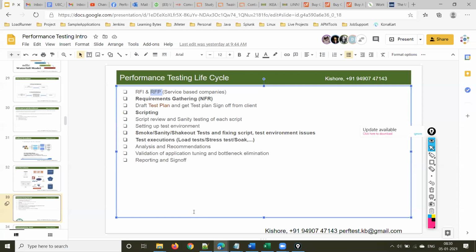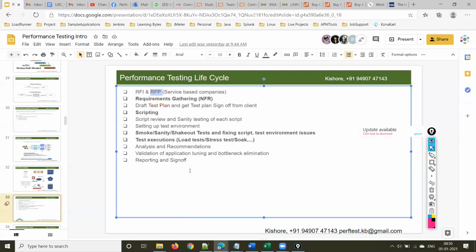So now we have to decide what type of test we have to perform for their application. And how many resources are required to work on the project, and how many days are required, what the timelines of the project would be, and what the team composition would be, meaning how many junior resources and how many senior resources should be there. And the commercials.